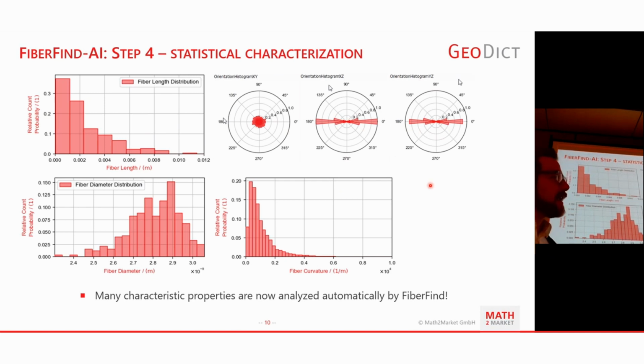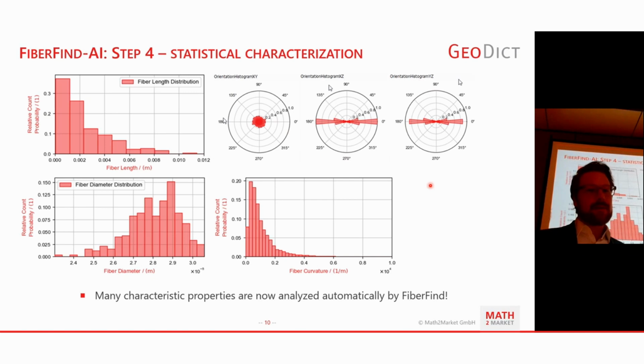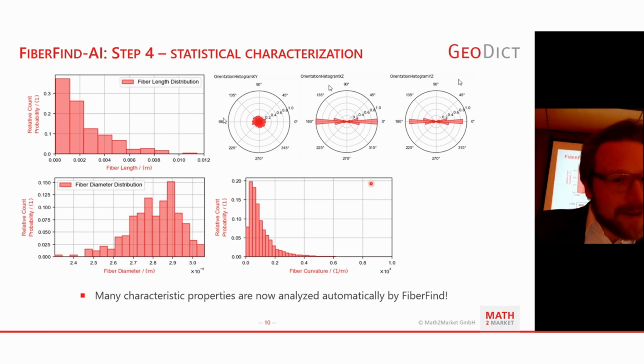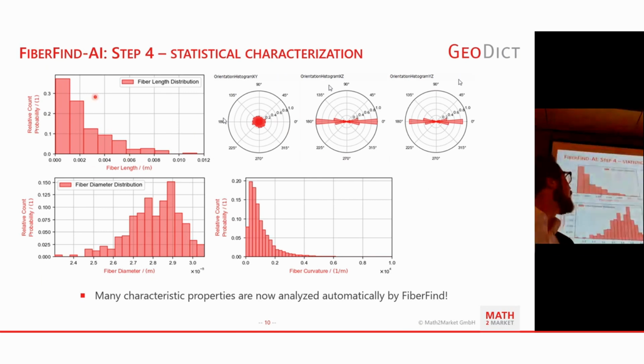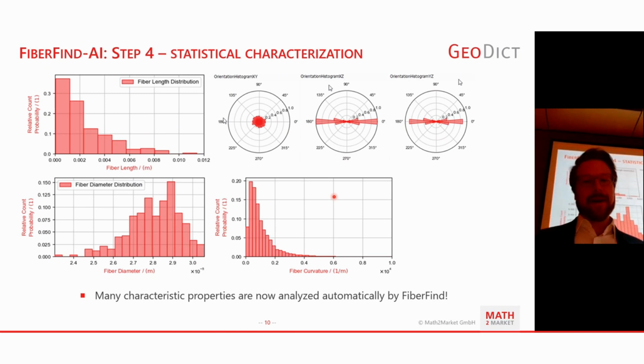And you can also get this kind of analysis on a per-layer basis. And what you can also do, which I'm not covering here, is segment your structure by these properties. So for example, you can segment your fiber structure by a certain length of fiber. Basically you can make a cut here, and you can visualize all the fibers that are shorter than this in red and all the other fibers in green, for example. And I think you can do this for most of these properties. So you can get a thorough understanding of your structure and how these properties of your fibers are distributed within the structure.